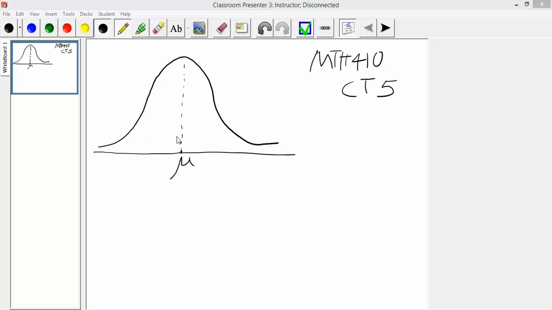We also know something about how many values fall within here, and if we went out, let's see, 2 standard deviations on each side, we would find that 95.4% of the values, let's just call it 95%, fall within plus or minus 2 standard deviations. Okay, so let's jump back to